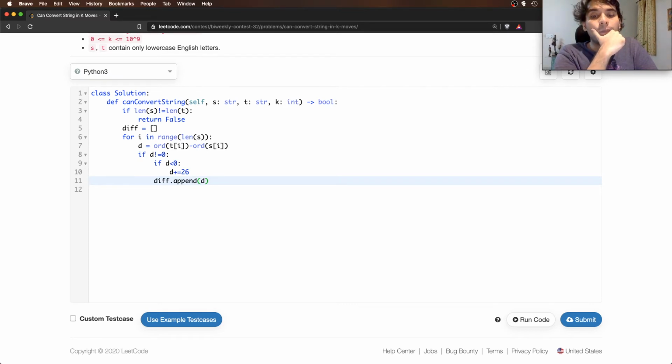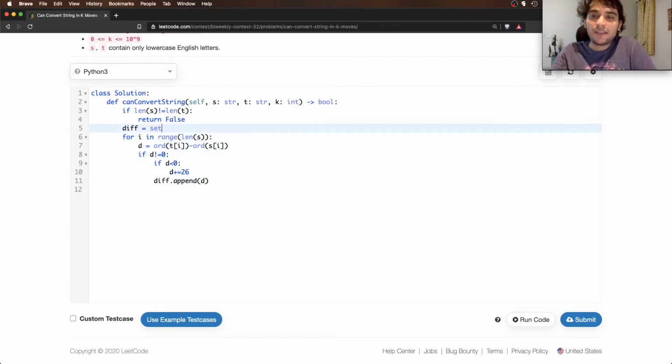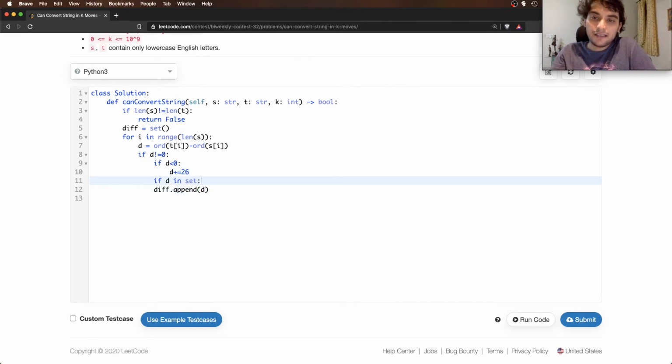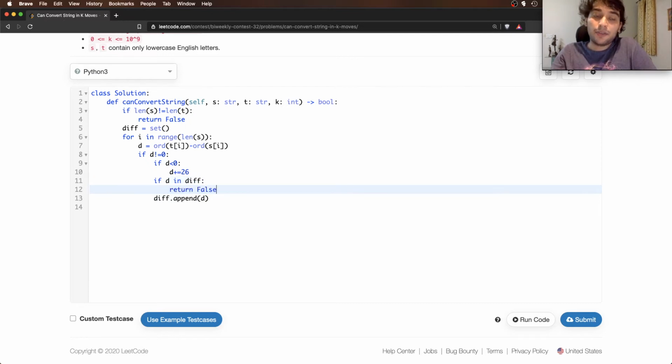Now, we don't even need it as a list. We can keep it as a set. And if this is already there, so if d in diff, then return false, because it is not possible. Because we've already seen that it's not equal to 0, and for any number of shifts,